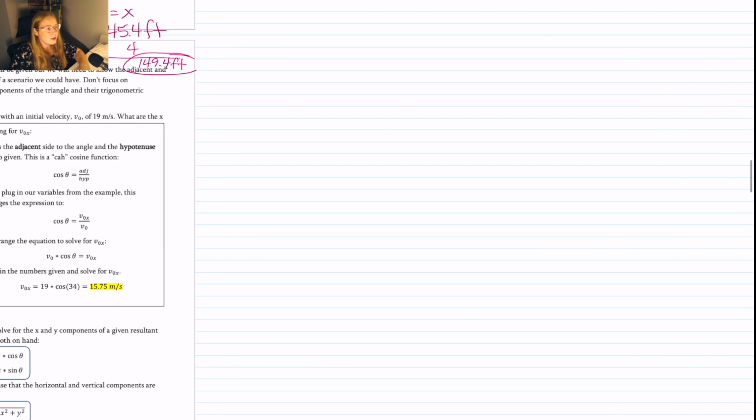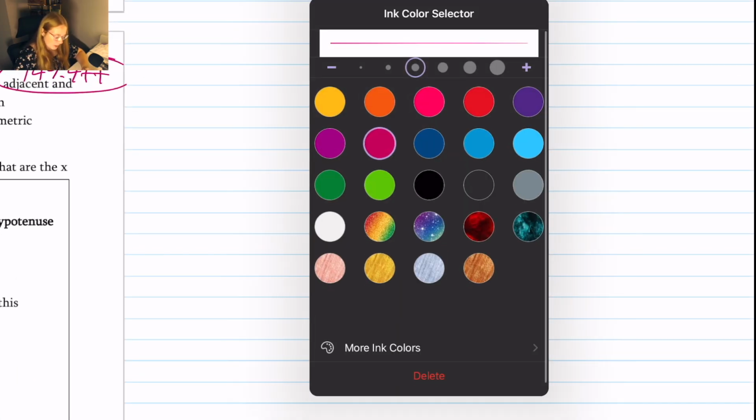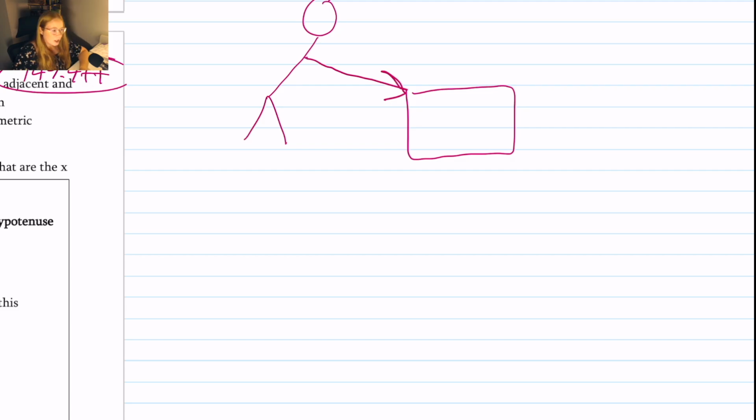So we just got into the math problems of trig. Let's talk about what could be happening where we would need a right triangle in physics. So let's just take a simple example of I need to push a box across the floor, right? Let's say you're a really tall person trying to push a box across the floor. Well, you're going to have to bend down, and also you're going to be pushing with your arms at an angle, and that's going to cause your whole force, you're pushing with a force, to be at a certain angle